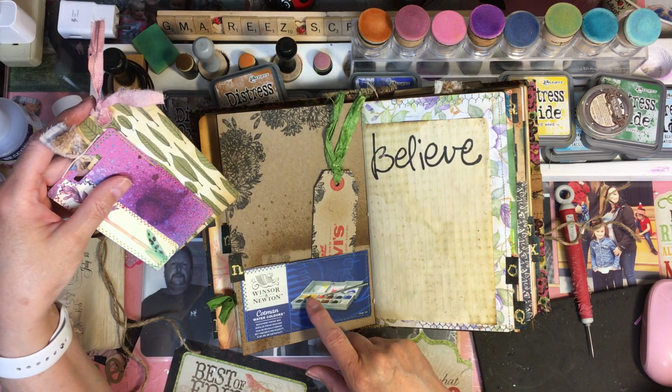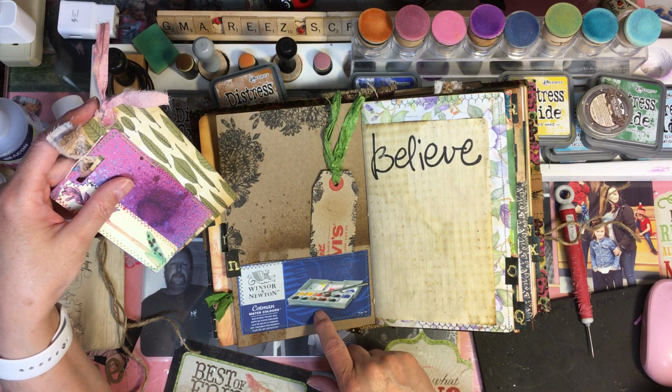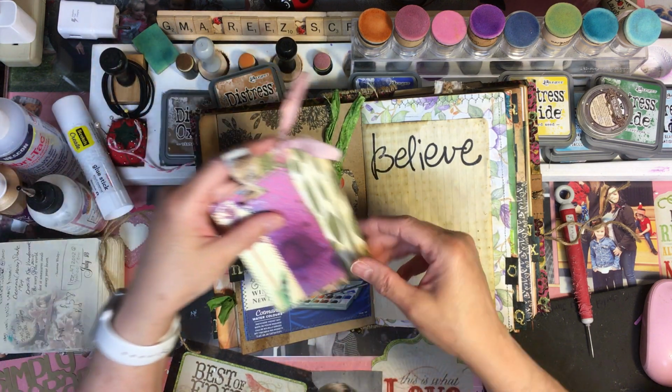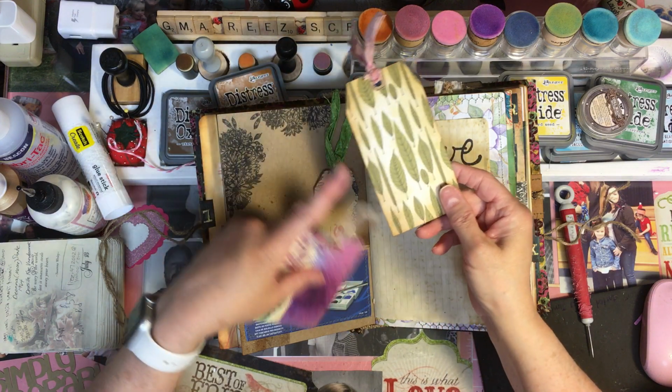This was off of a Winsor Newton watercolor. I was telling Ryan that I got a new set of watercolors last month for on the go. He made a joke about that on his channel, which was kind of cute. This is just a piece of